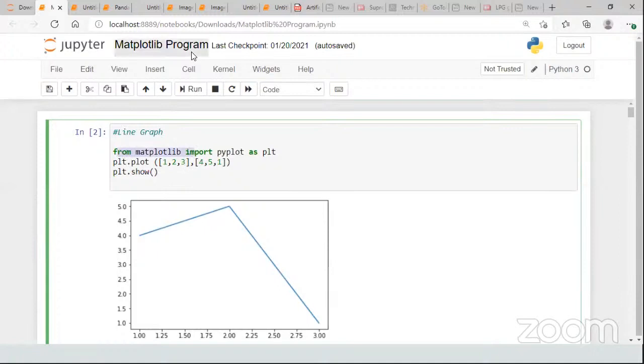Now if you see this particular thing, plt.plot, I just gave my x and y coordinates and I used plt.show. For the first coordinate 1 comma 4, for my x coordinate of 1, my y coordinate is 4. For x coordinate of 2, I have the y coordinate of 5. X coordinate of 3, I have the y coordinate of 1. Therefore this plots. Now if I change this to 11,